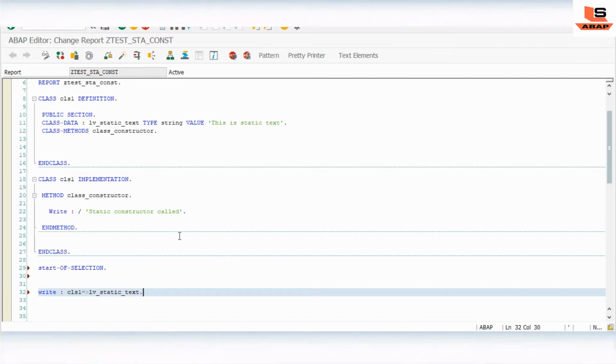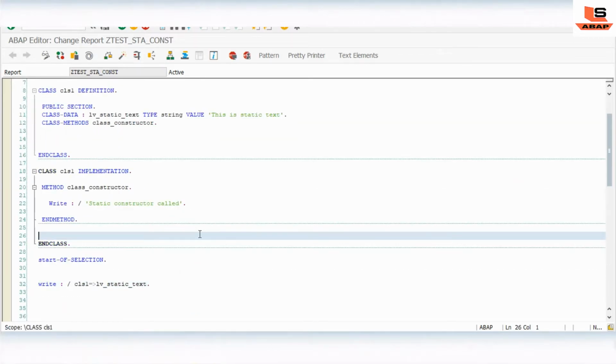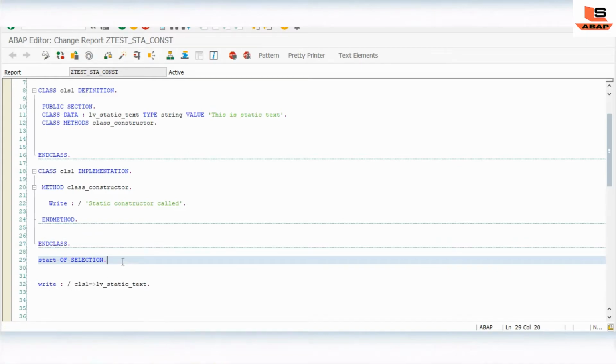So we are almost done with our static constructor implementation as well. Let's execute and see how it works. As you can see, we have the start of selection.